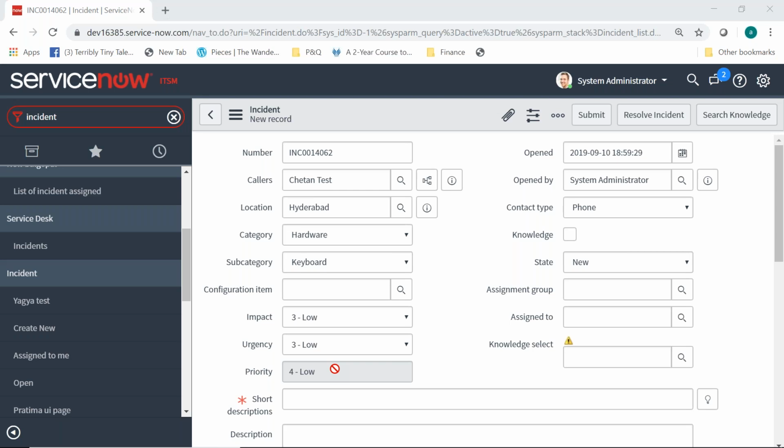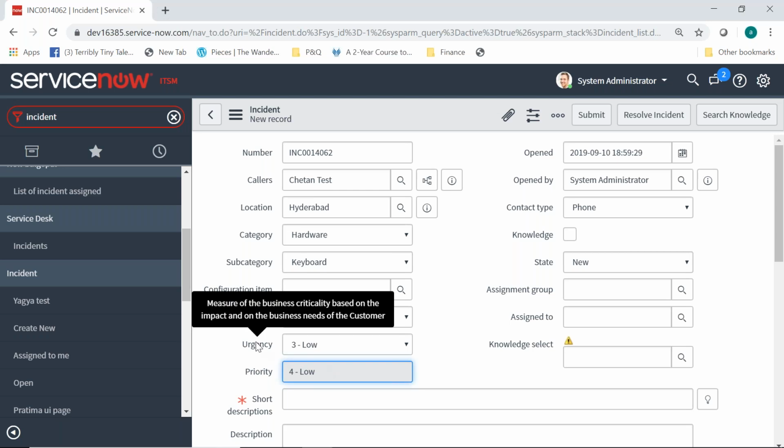For the end user, if my laptop is not working, from my perspective, obviously it is a P1. But priority doesn't mean your individual perspective, it is from the business endpoint. That's why at any given system endpoint, we are never letting the end user select the priority. So how will the selection happen? It will happen based on the impact and the urgency combination.